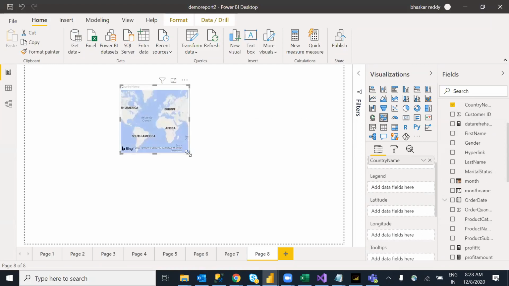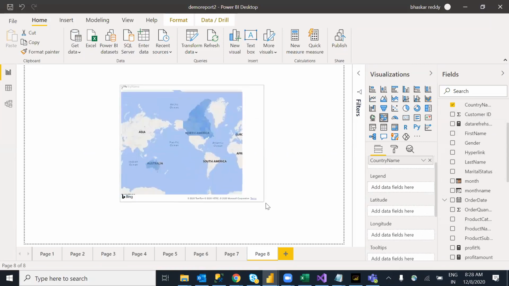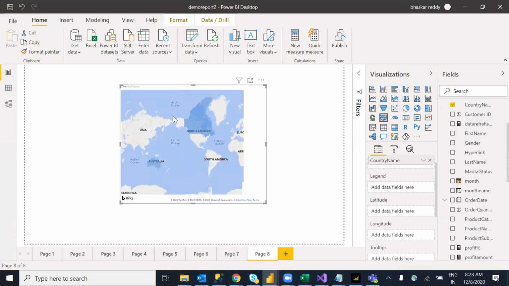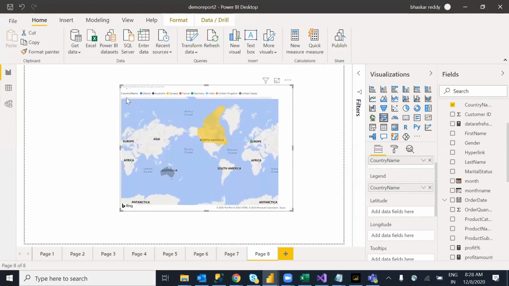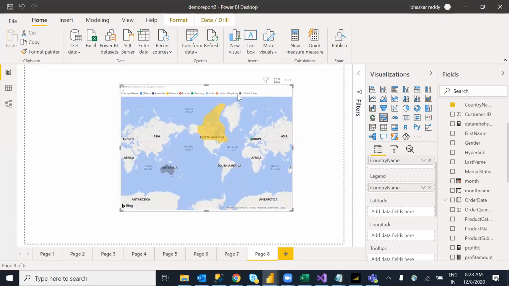It's taking more time, as it is identifying which country comes under which area. Based on country, it is just highlighting the country names. I want to list which country and which name, and display it in a legend. That means you go for a different color. Which country is which? This is nothing but a legend. I want a different color with a different state name, so I want the legend.